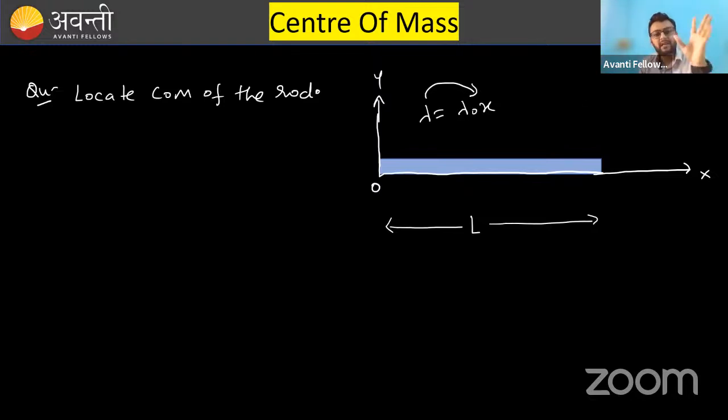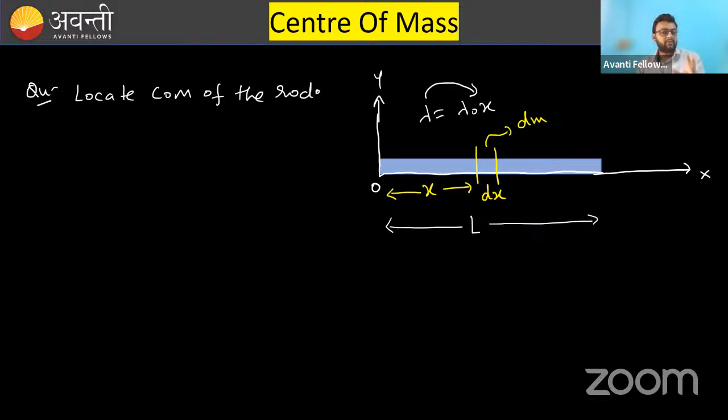Okay, steps are very clear. First step is choose a small element. I have chosen a small element. A small element of length what? dx. At a distance of what? x. From where? From the origin. So I have chosen a small element of length dx at a distance x from the origin. Then let its mass be